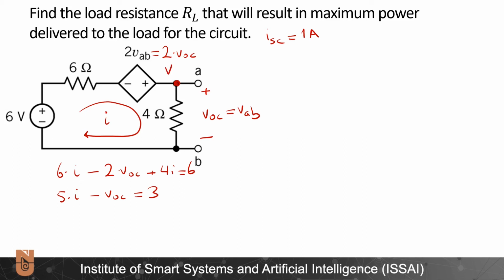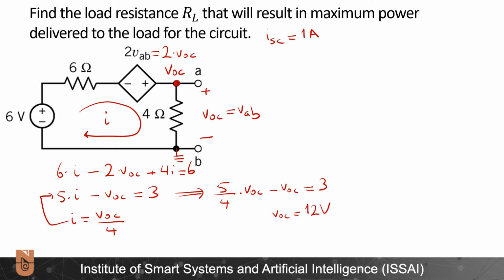Now, can I write a relation for V open circuit? Yes. Assuming that this node voltage is V open circuit, and here I have the reference node, I can write I is equal to V open circuit divided by 4. Wherever I see I, I can plug in this new expression, and therefore this becomes 5 over 4 times V open circuit minus V open circuit is equal to 3. If I solve this, I end up with V open circuit equal to